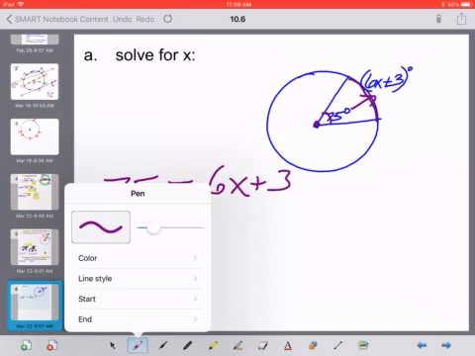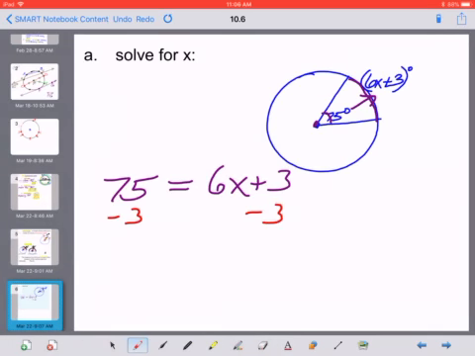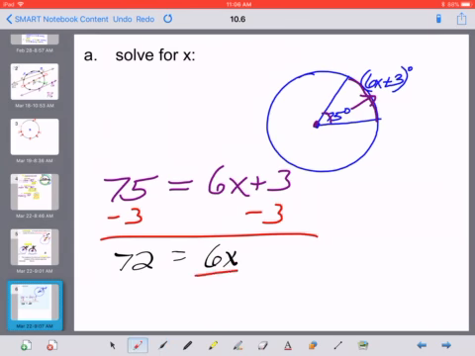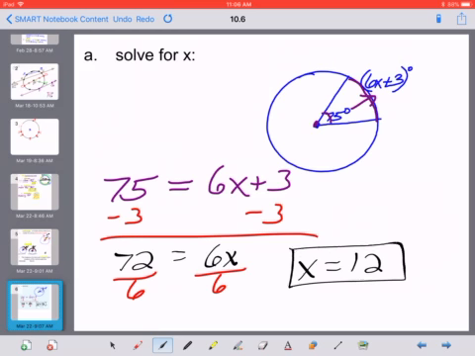And now it's a pretty easy equation to solve. We are just going to subtract a 3 from both sides, and that's going to get us 72 is equal to 6x. Then we're going to divide both sides by 6, and we're going to get x is equal to 12. We could double check that pretty quickly by putting the 12 back into this expression, but it's going to go pretty quick and easy. 6 times 12 is 72, plus 3 is a 75-degree arc here,